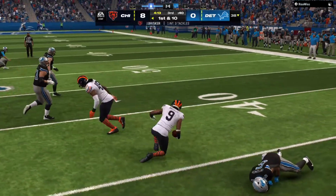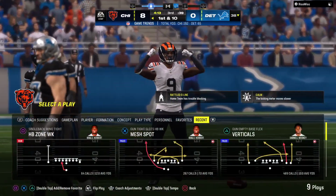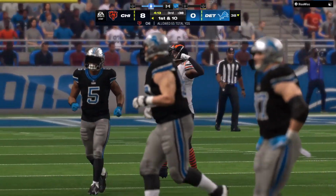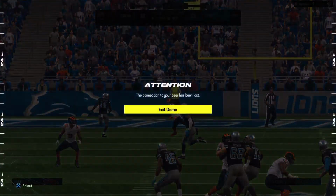Picked up by Jaquan Brisker. And the Bears are going to get the football here as he gets this up to the 38-yard line. And right about now, you start to think, and maybe they're starting to think, gosh, maybe...